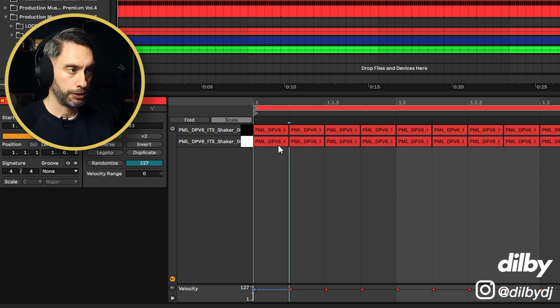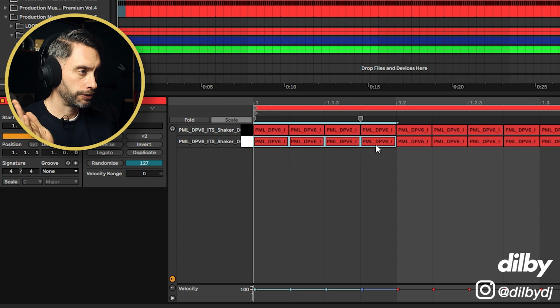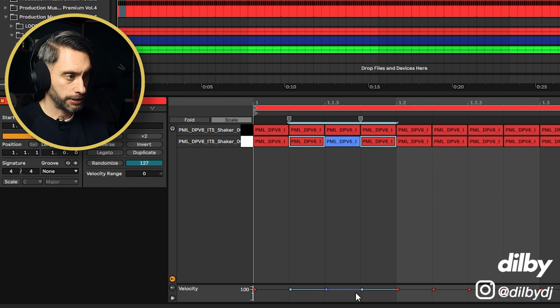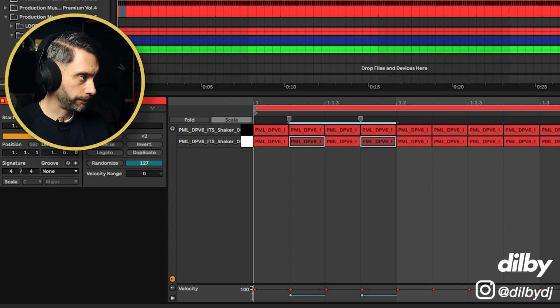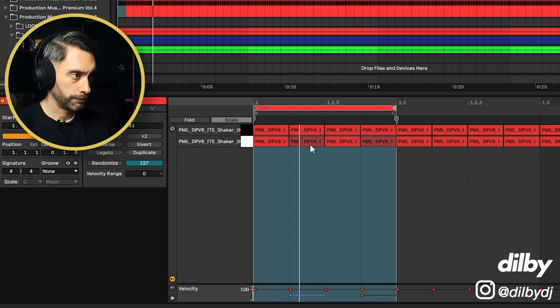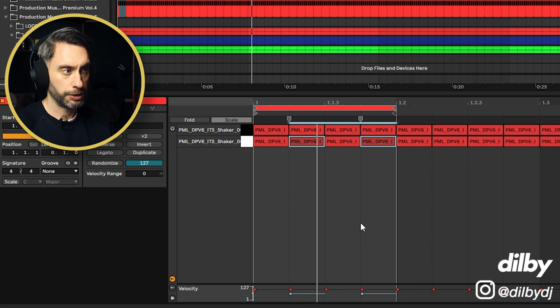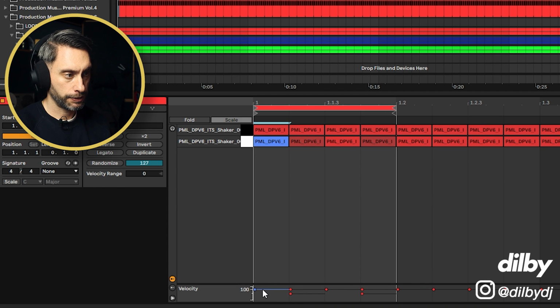Okay, so the first thing that we're going to do is influence the velocity. There's a number of different patterns that can be used, and I'll demonstrate some common ones. So obviously right now we're just playing 16th notes. They're all the same velocity, which makes the same volume. Now we can take these two 16th notes and pull them down. So that's a little bit groovy. Now if we take this first hit down a little bit,